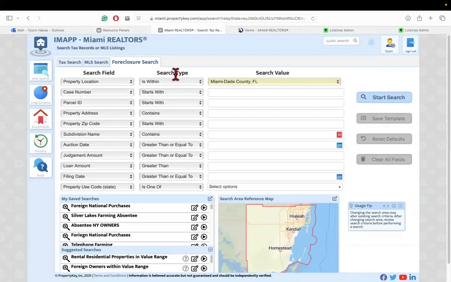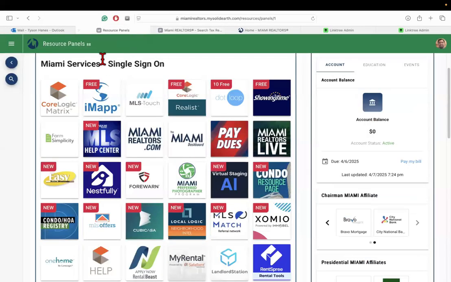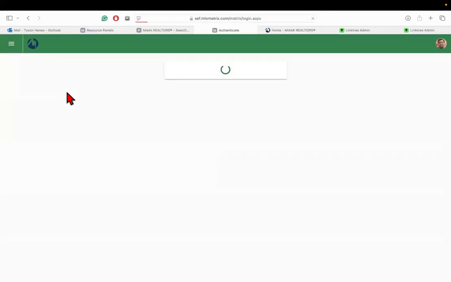So before we go into the new version of IMAPP, I want to make sure that all agents know all of the integration that IMAPP has when it comes to the MLS, specifically Matrix. So I'm going to click on Matrix real quick. We're just going to watch me for this portion. All right, when we come into Matrix,